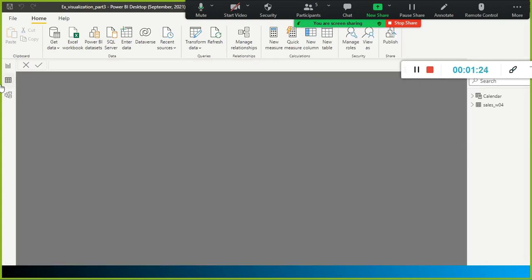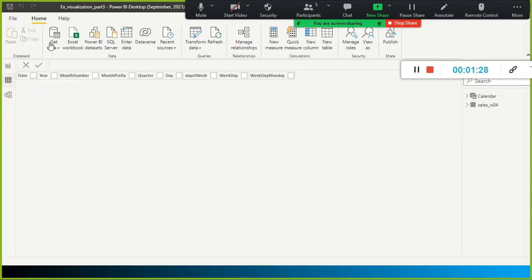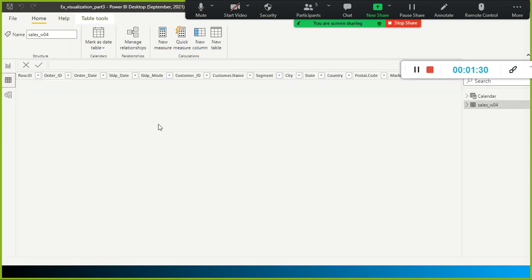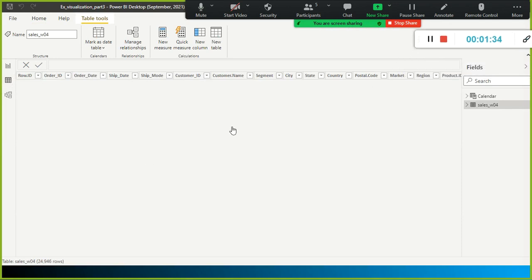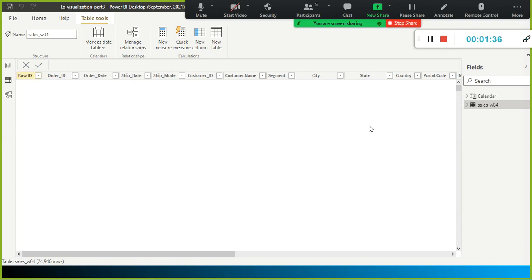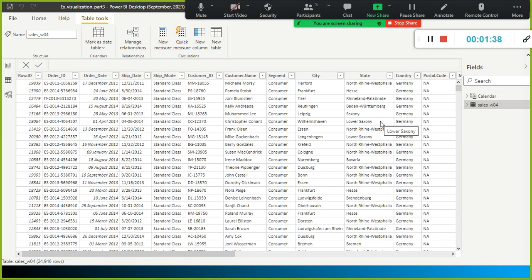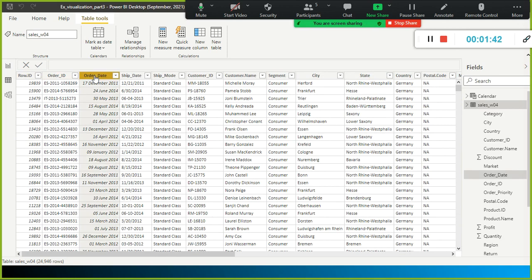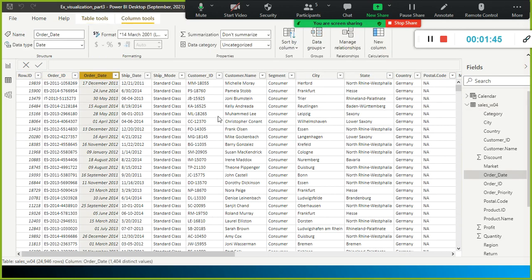For example, we discussed about, one second, Sales W04, right? Here we have order date and order ID. Good that it is already in date format. Yes, we changed it to date format. Fine.